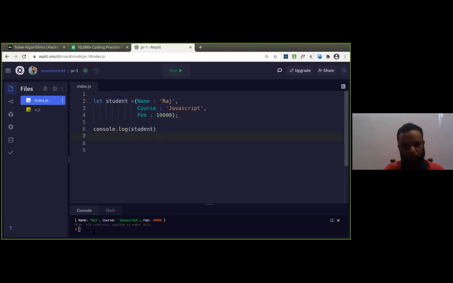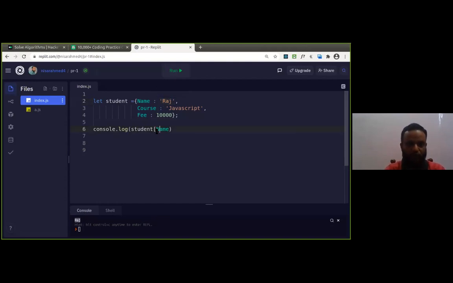Good. Now you can see at the bottom you are getting the object. Suppose you can refer to the members using dot. Suppose you give student dot name. You can modify it, you can change the value. If you give the key, you will get the value associated with it. Got it? You have given student dot key, you got the value. This is one way of getting that one.